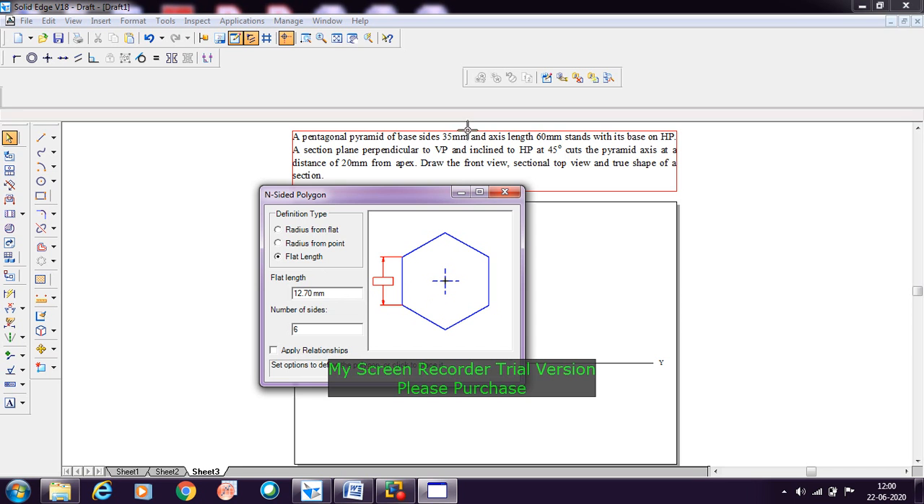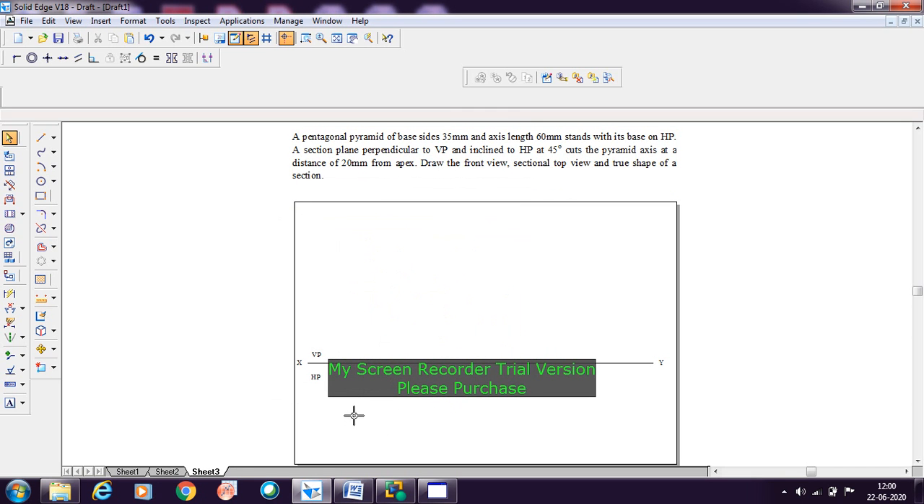Now the flat length is the base edge, it is 35 mm length here, so you need to give the 35 mm for the base edges, and in this case it is the pentagon. The number of sides is 5 here. Then after constructing, after giving the details, you need to minimize this window and then click it on HP, that is on top